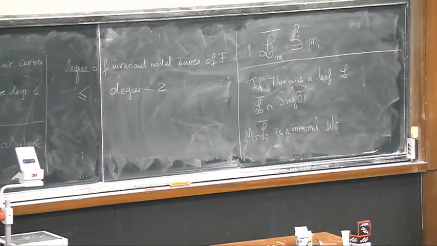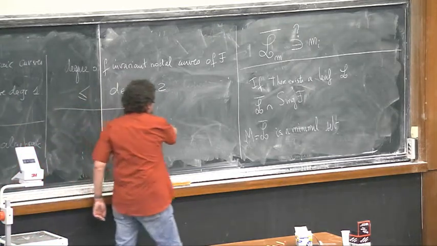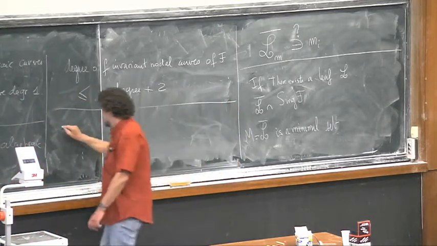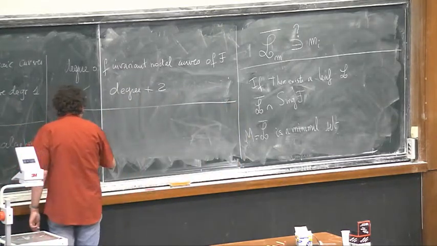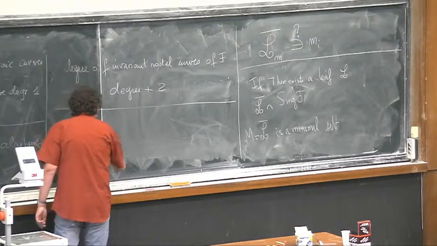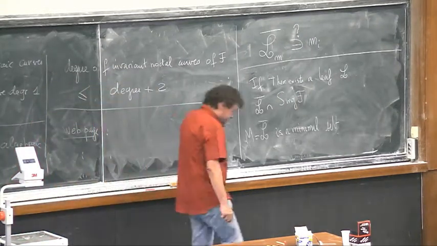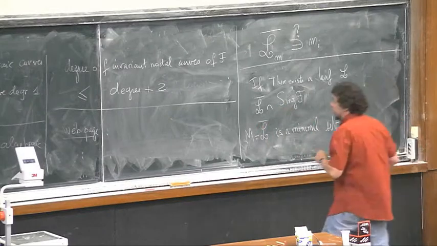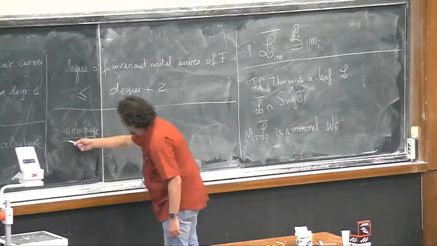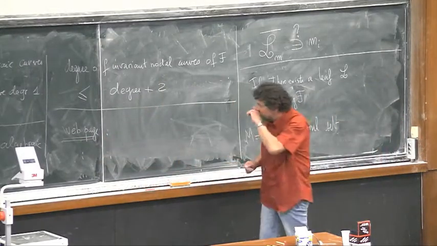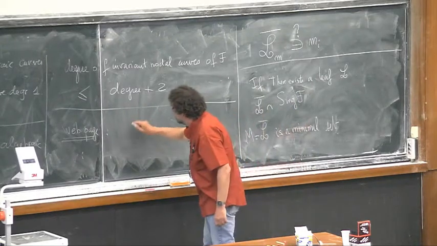If you go to my web page, there is a preprint which relates this type of problem of estimation of degree with a well-known theorem. You know, if you take a compact